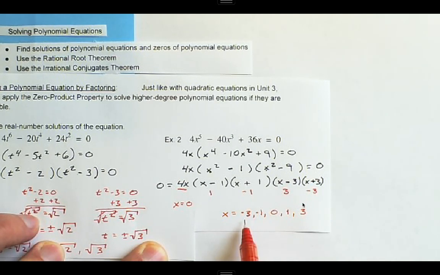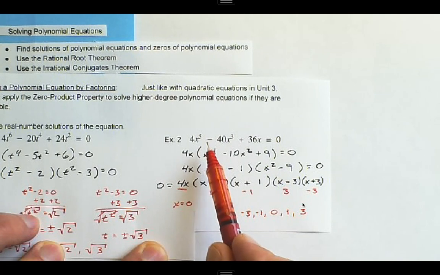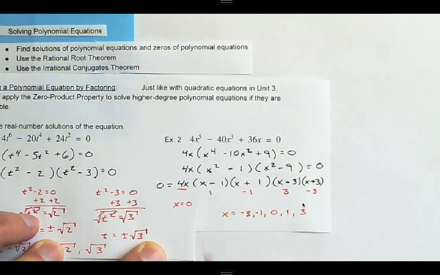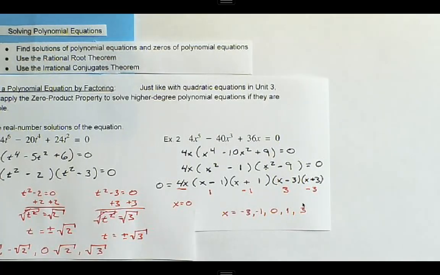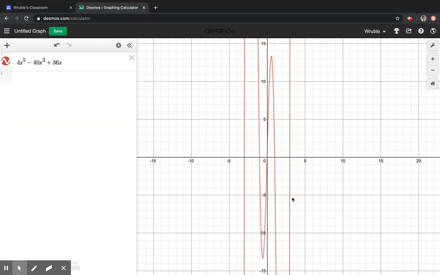Now we have 5 solutions here, 5 zeros. And when we look at our highest degree, we have 5 degrees, so we should expect that we would have 5 zeros. And so this is what our graph looks like. We see that we have a 0 at negative 3, we have a 0 at negative 1, a 0 at